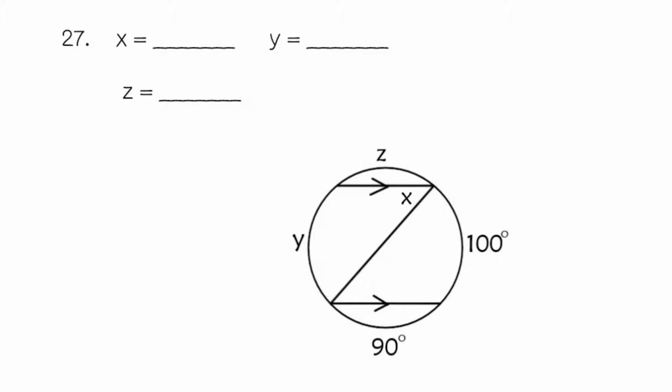Okay, number 27, I have a couple things going on here. First, I saw this inscribed angle right here. It opens up to a 100-degree arc, so I know this has to be 50. Now, the other thing, a couple ways to look at this, but the other thing I noticed is I have